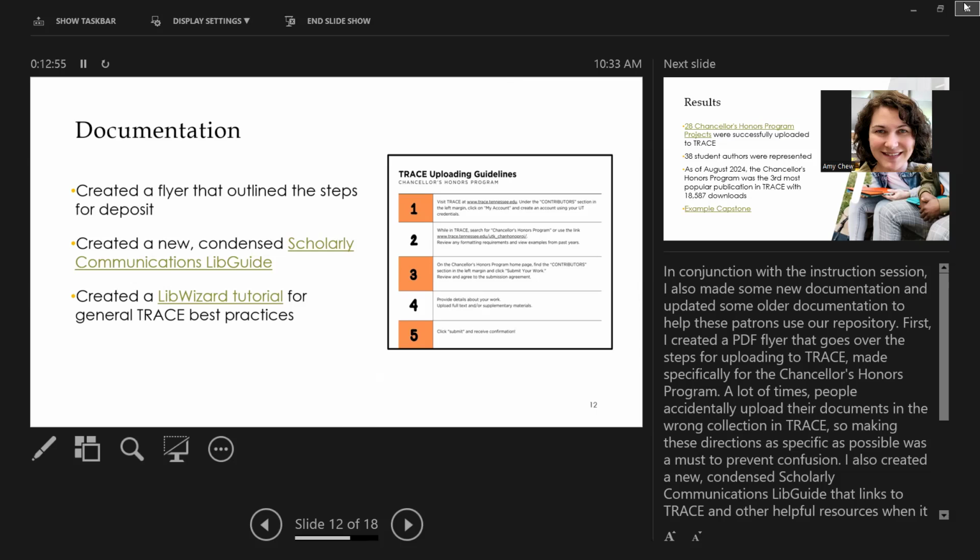I don't know how many of y'all have had to submit your thesis or a major document or something, but it can be stressful, especially if you're not familiar with the program. So I basically just put these steps everywhere you can think of. We got a flyer, we have the tutorial, we have the guide. I went and did instruction for these students personally. And so I'm hopeful that with all these different things out there and being delivered in different mediums, we can get these students and their capstones to a good place. So let's look at what happened.